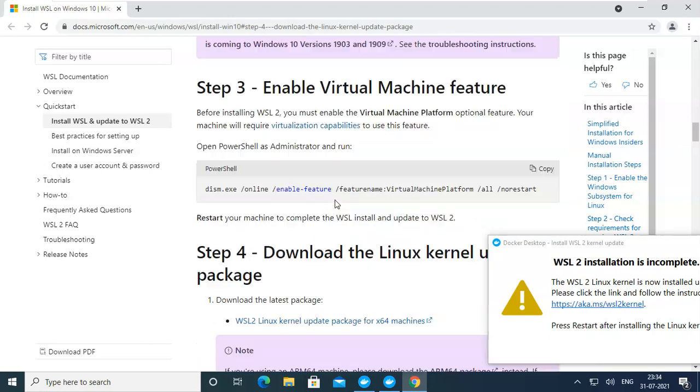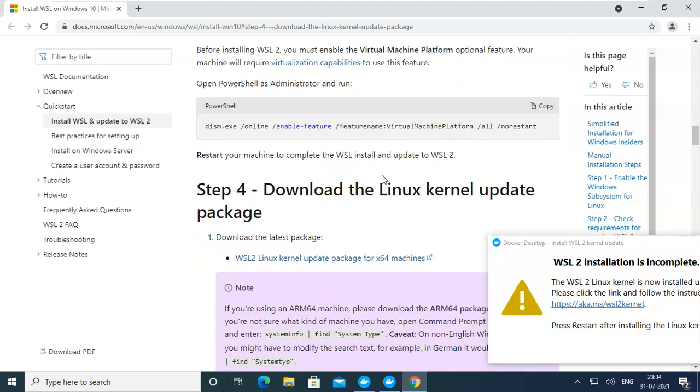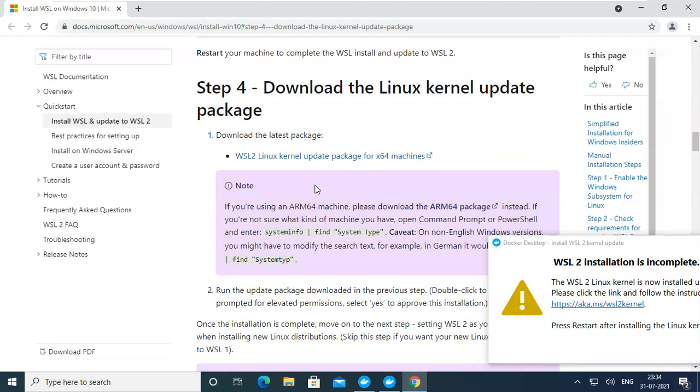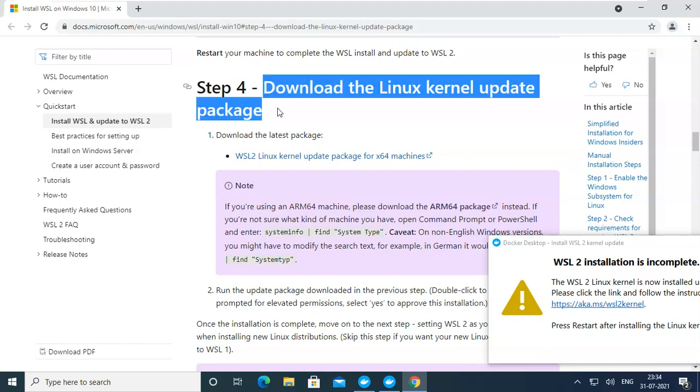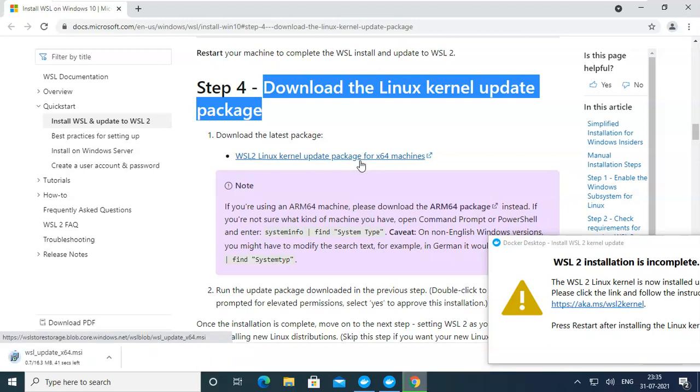Enable virtual machine features. Okay, so this kernel update package, actually we require this one only. Step 4, download and install a kernel update package. Kernel update package for 64-bit machines. It automatically updates everything.